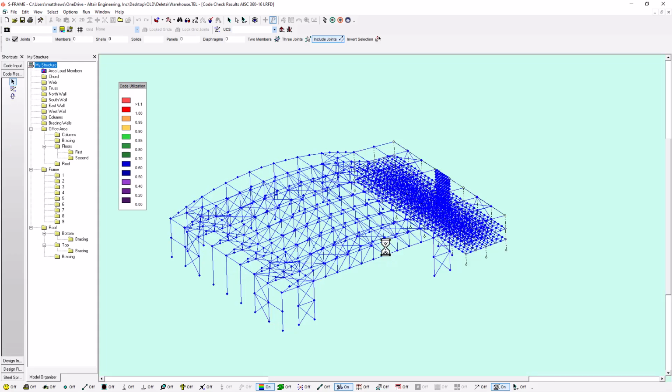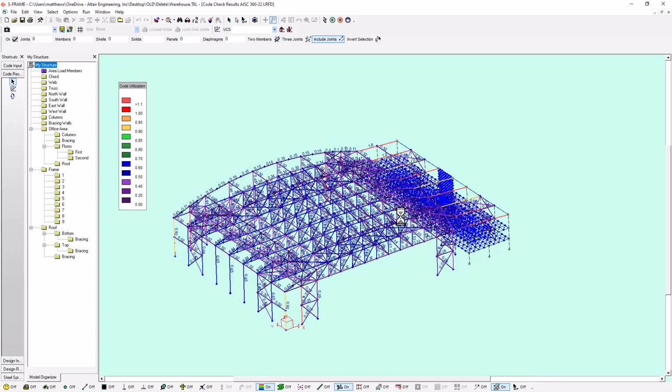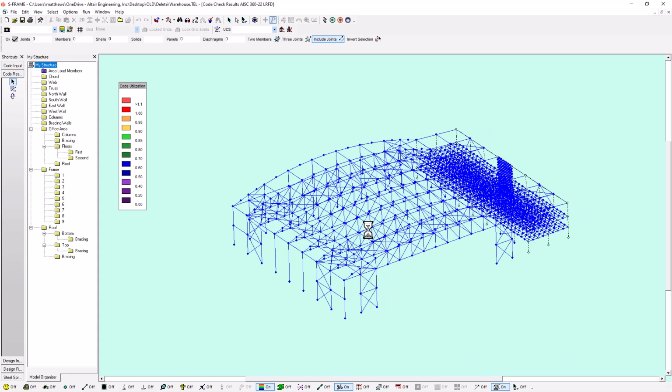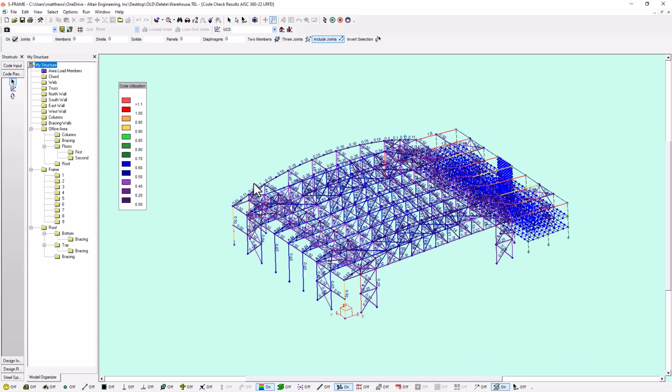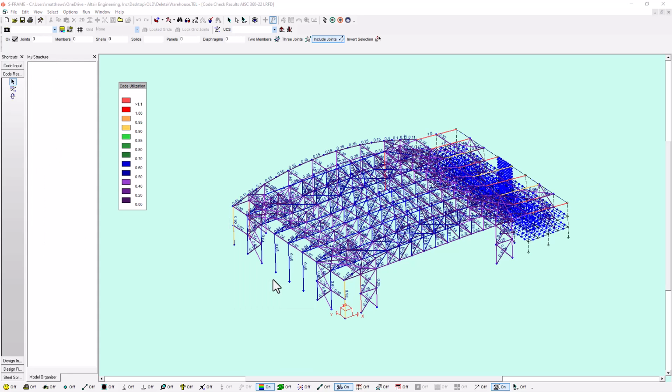And I can see here, we're getting some results out of this now. And what we can see at a high level, if I just stop moving the model around, is some utilization ratios. And they range from quite low at the top chords of these curved trusses here, to fairly high with these longer elements like over these beams, the columns as well. So we're getting a range of performance, and this is strictly based on the demand capacity ratios, so looking at strength checks effectively. I can right click on one of these and I can see the code details for that particular section